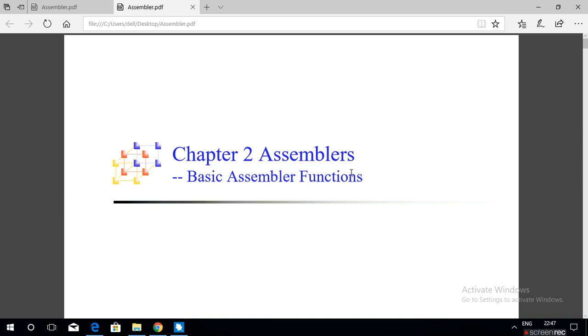Here you will study the functions of assembler, followed by the data structures which are created and used by the assembler, algorithms for pass 1 and pass 2 of an assembler, followed by machine dependent and machine independent assembler features. So we'll start the assembler.